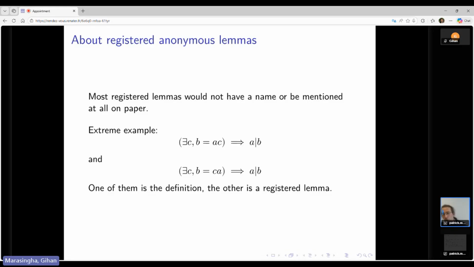And students don't want to know, and teachers don't want to know, which one is the definition and which one is a lemma using commutativity of multiplication. So that one is really silly, but it actually happened to me. I had to tell students, "Oh, I'm sorry, you've not been careful when reading the definition." Of course, I was recalling the definition of A divides B, the one that is in MathLib, not the other one. But still,